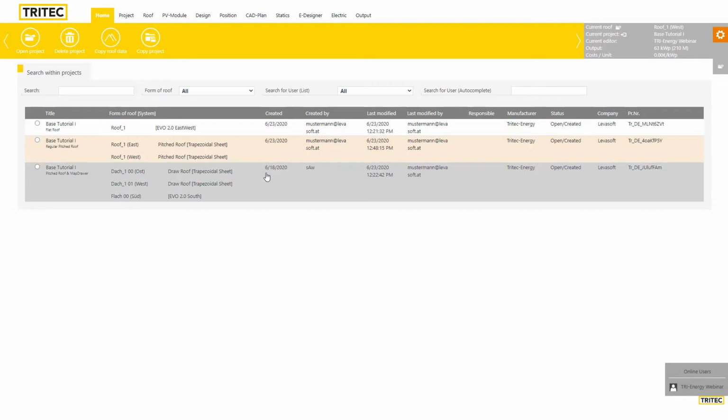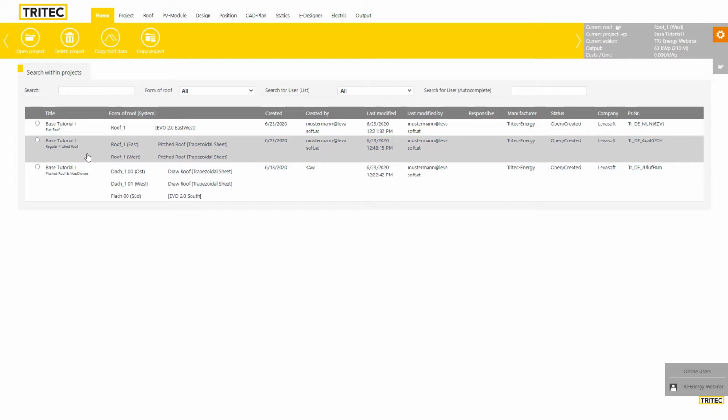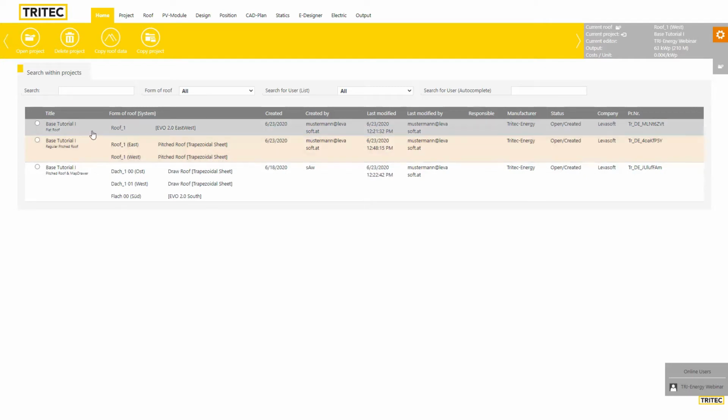The most important and most interesting functionality within the project management is the copy function. So let's say you have designed a flat roof project with east-west orientation, and you would like to create a second offer with a south-oriented system. You could start a new project if you want to, but a good idea is to go to project management,